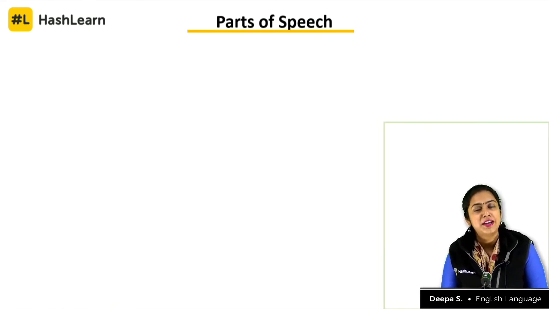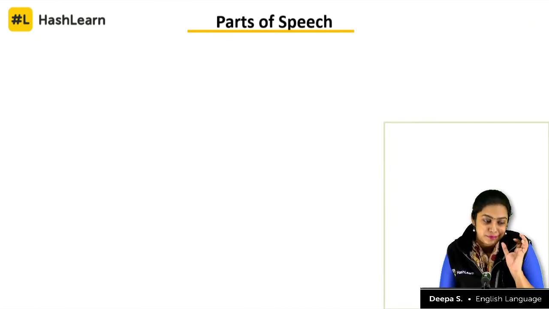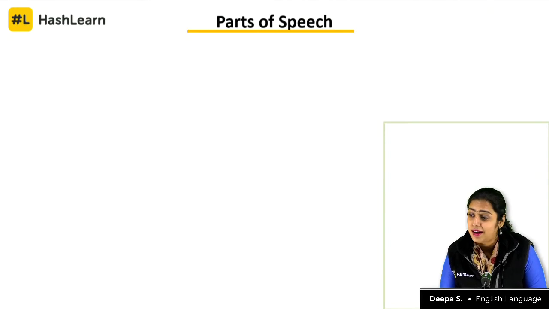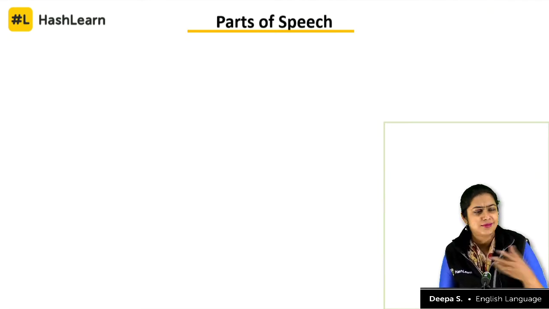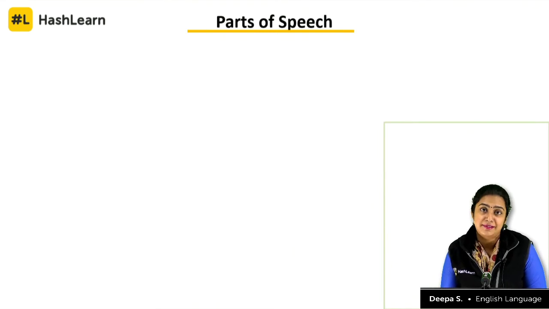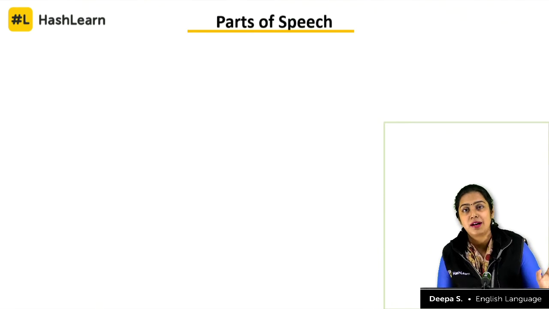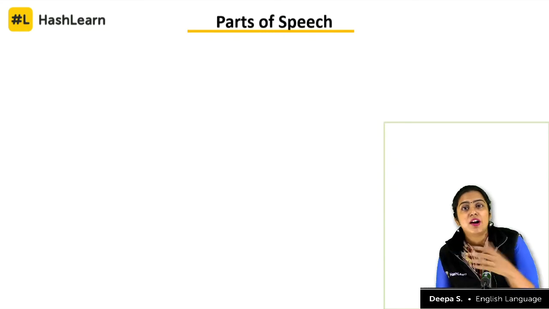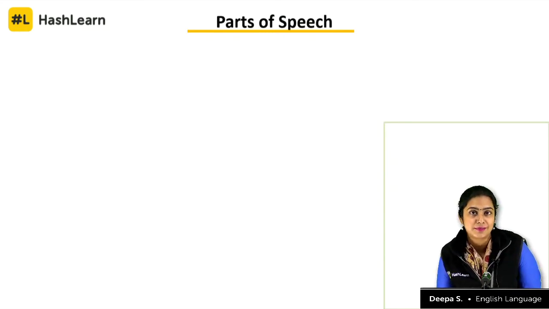Whenever you speak a language, there are several components that make a sentence. Not all phrases make sentences. What is a phrase? A phrase is just several words that are thrown in together. Now it might make sense, but is it a meaningful sentence? What is a phrase and what is a clause? A clause has a subject and a verb, but it's not exactly a full sentence.